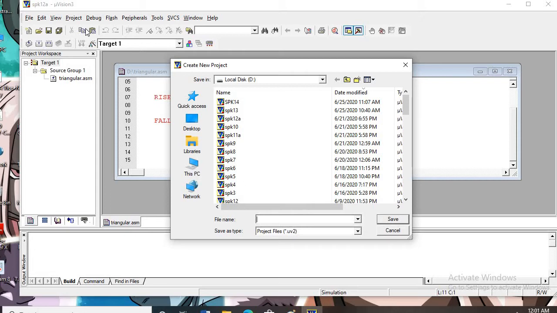Full scale output of the DAC is achieved when the data inputs of the DAC are high. So to achieve full scale output we will assume that a 10 volt output is there. One equation we will define, and based on that equation we will write our code. From a calculation point of view, V out is equal to 5 volt plus 5 into sine of theta. So this equation we will use.